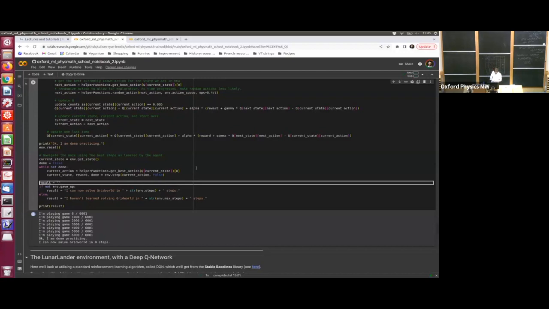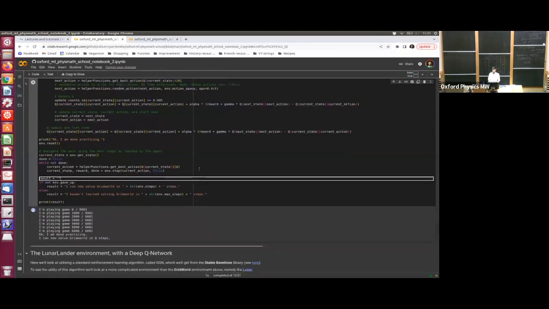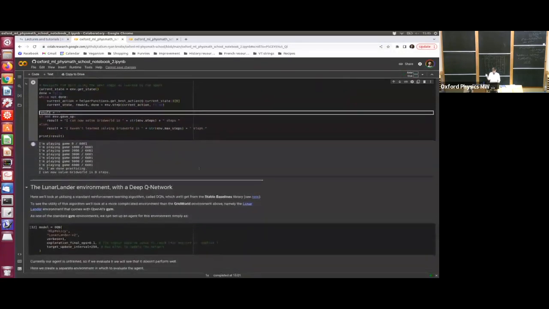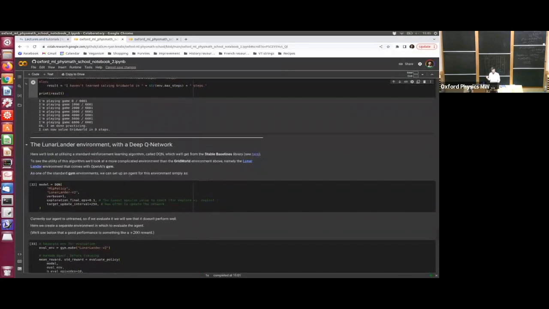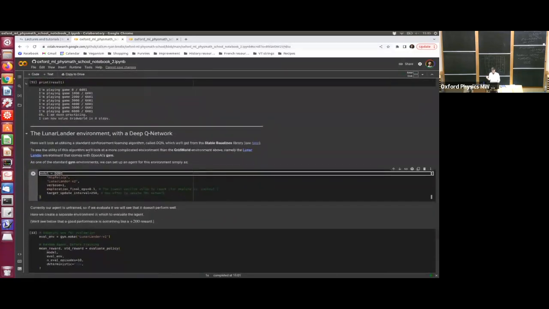Okay. Good. All right. So let's look at a more complicated environment which actually needs a more complicated algorithm. And then let's look at a more complicated algorithm. Hopefully your notebooks are still running. If you come to this point of the notebook,